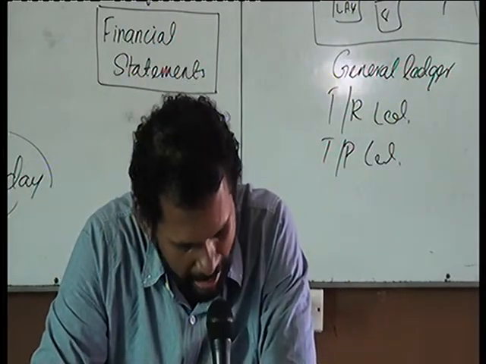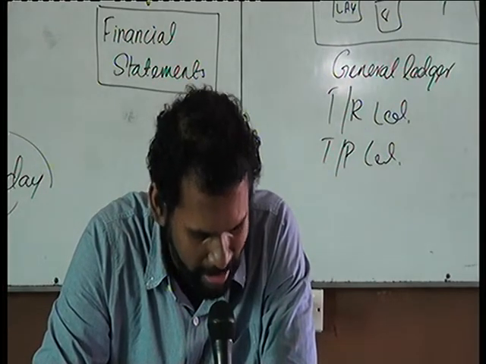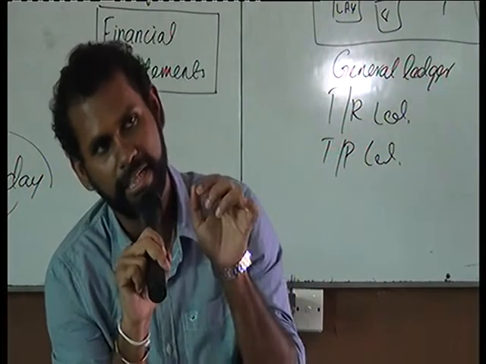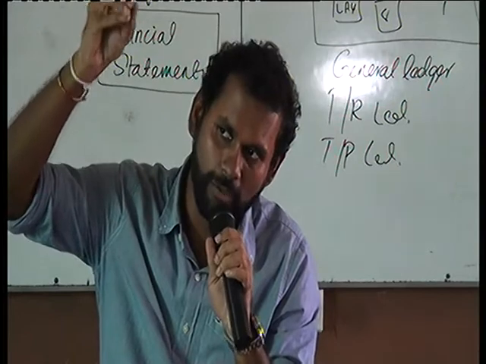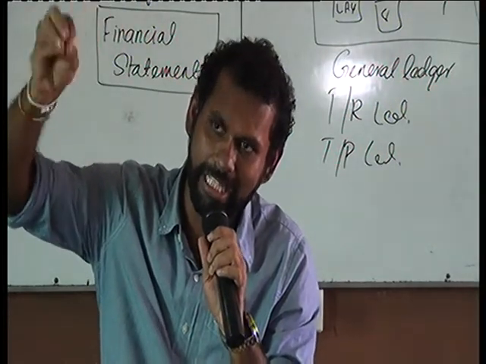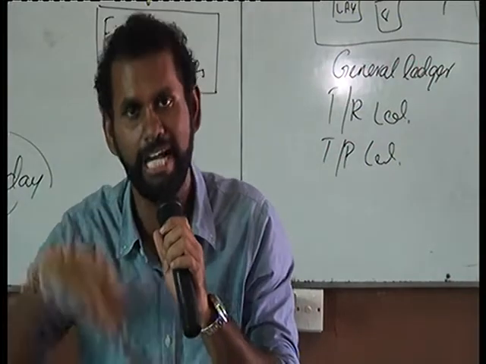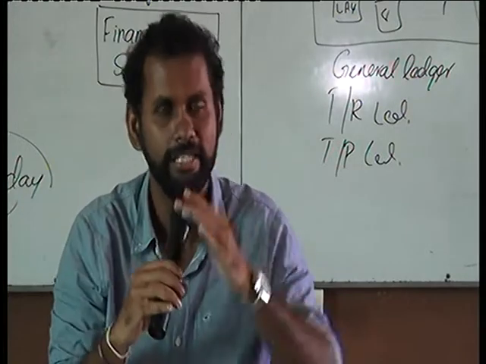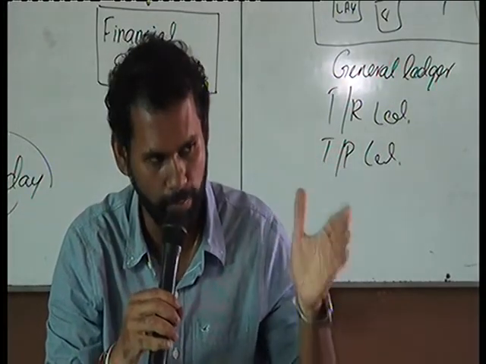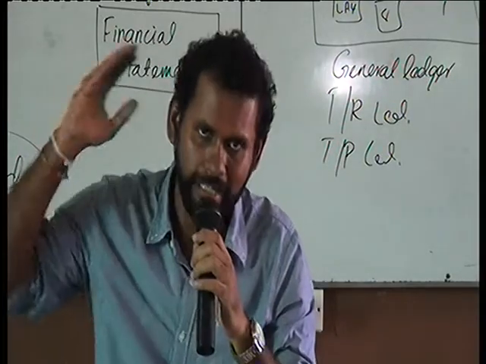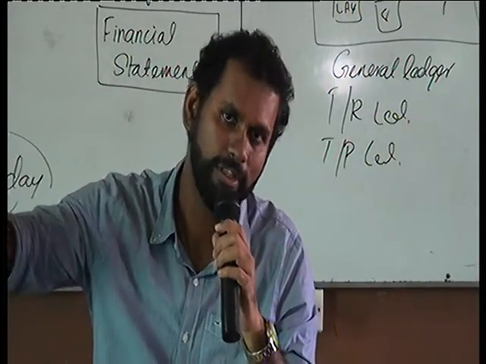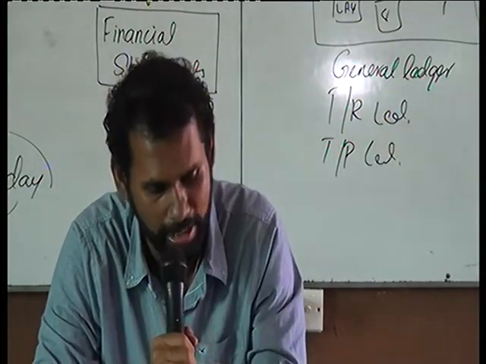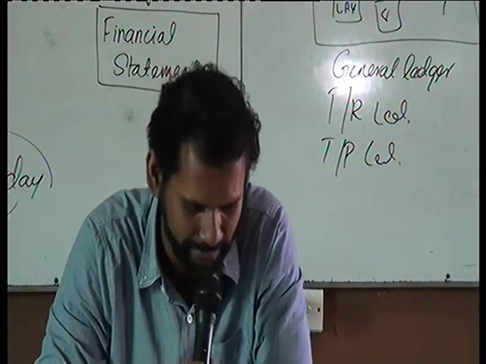Since both bank and cash are in the same account, this double entry is known as contra and denoted by the letter C. As I mentioned, in the folio column generally we mention where the other entry is passed. But in the case of this entry, it will be a contra entry, that is, debit side in the cash book bank account, credit side in the cash book cash account. So it's called a contra entry. We do not put a ledger folio number for that one, so we put a C.